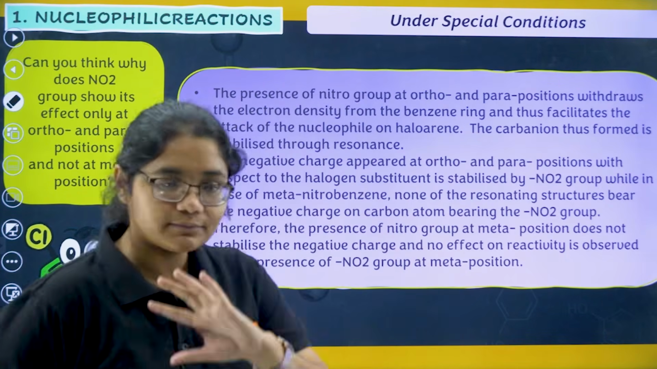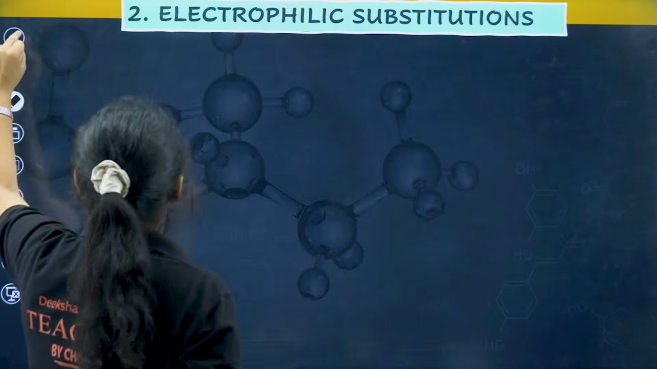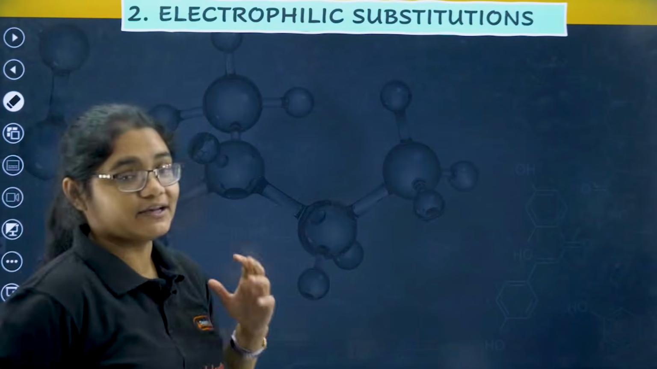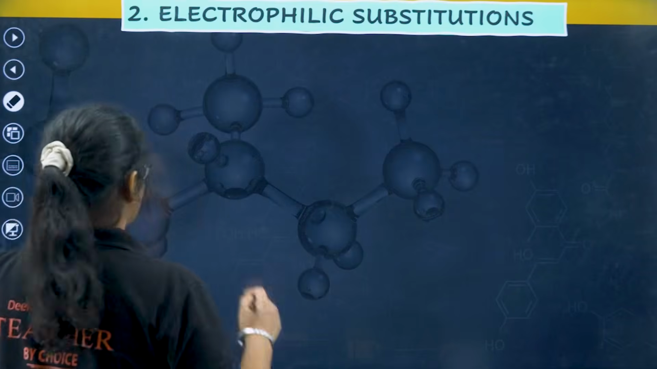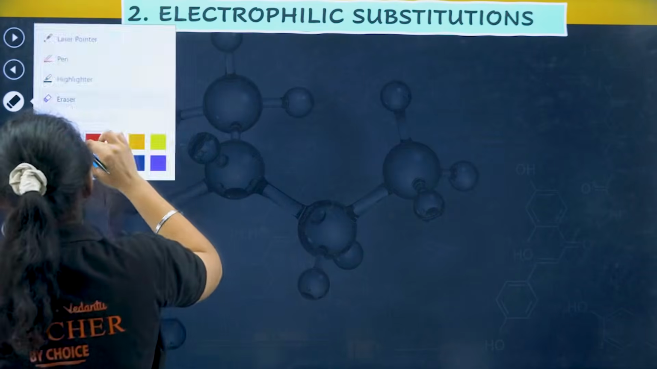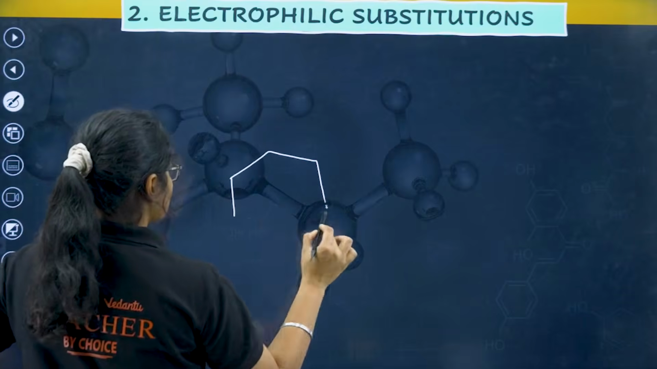Okay, I hope this much is clear. Now we will move to the next reaction, that is electrophilic substitution reaction. Okay, so electrophilic substitution. Now when I said that if I have this haloarene,